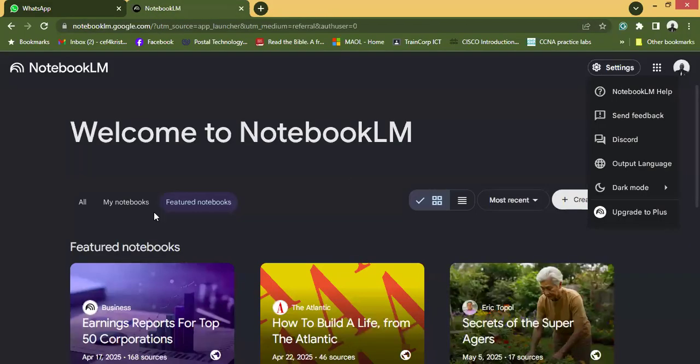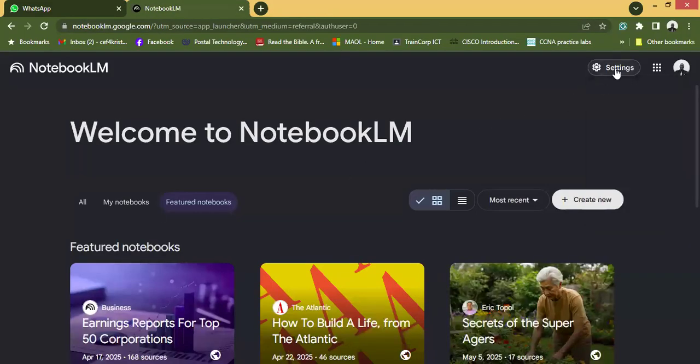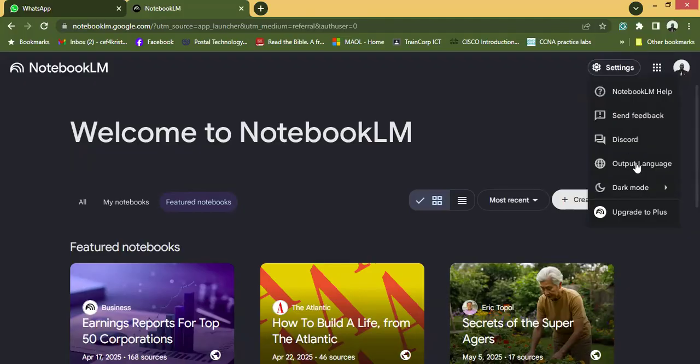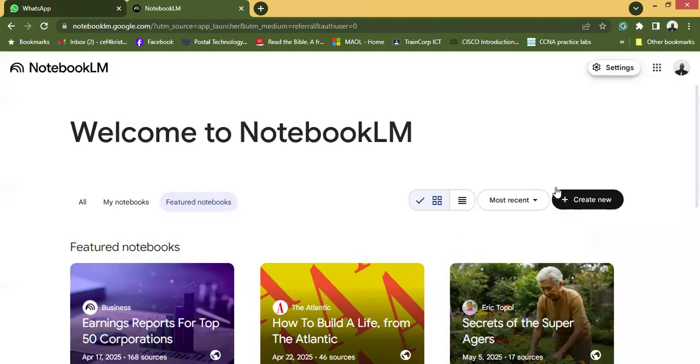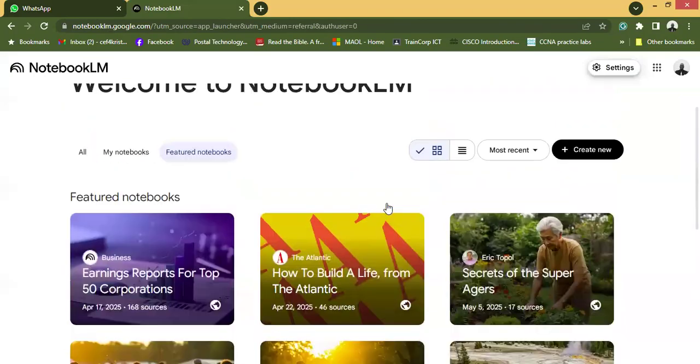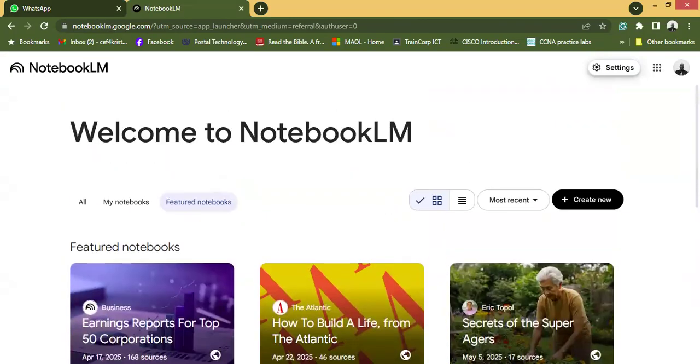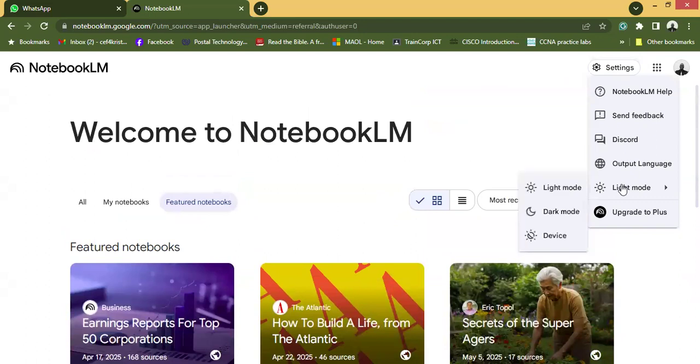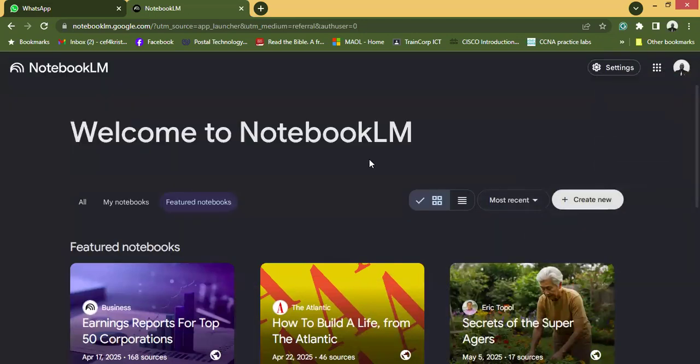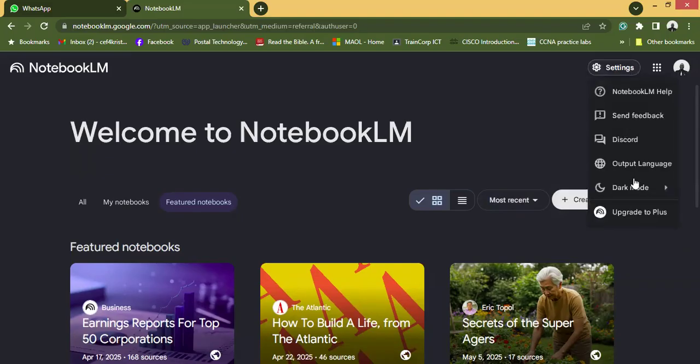All right. So back to our page. Right there, you can change your language. You can change the mode from dark to light. And if I choose light mode, it changes the features. Everything turns bright. Perhaps you are a bright person. But I would rather do the dark mode. That's my preference. By default, it's light. The default setting is for the light